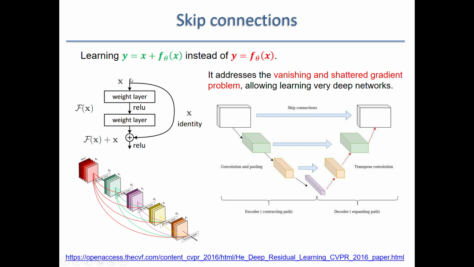We have x, and then here we have x plus f of x, and f of x is this thing. We have a weight, then ReLU, and then some weights, and then we go into the addition with x. So the residual now is learned by these weights,